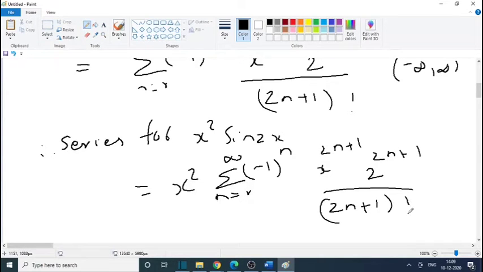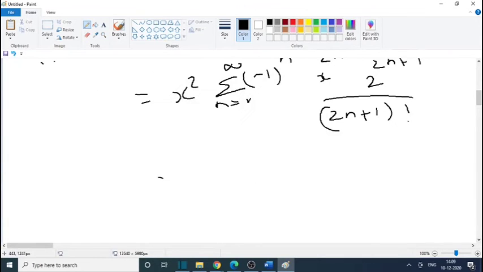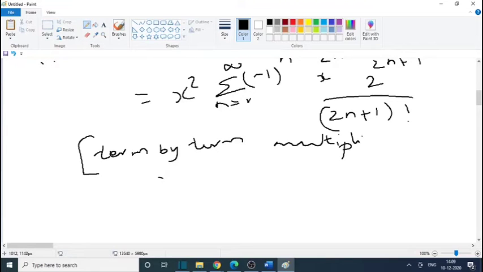So by term by term multiplication theorem, the series can be multiplied. So this is equal to